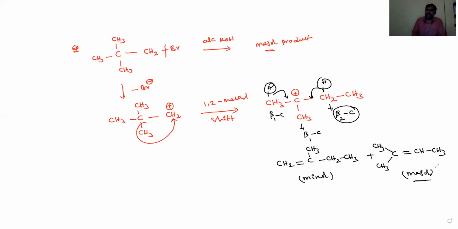Okay, dear students, now we'll discuss the dehydrohalogenation reactions in halogen-containing cycloalkanes. Okay, in dehydrohalogenation of cyclohexyl halides, for example, this is cyclohexane which contains a chlorine atom. Now if it is treated with alcoholic KOH,